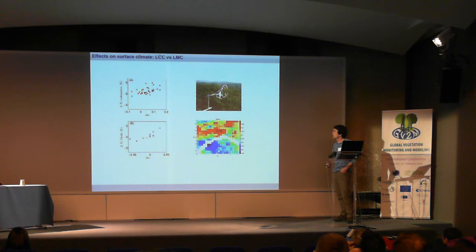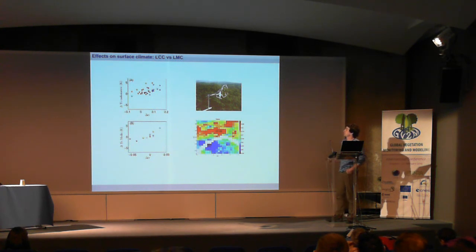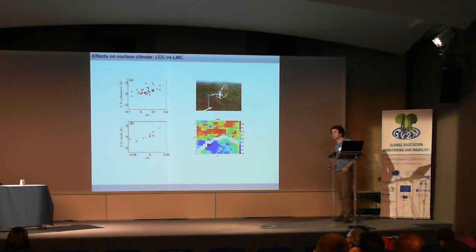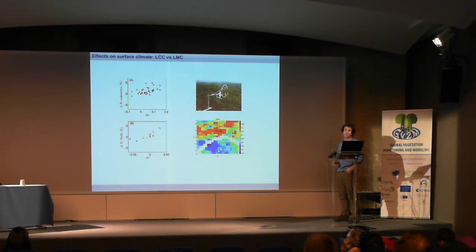We looked a bit further into those data, because it was somehow a surprise and we wanted to find more evidence. So we continued with the FluxNet data, and we looked at whether we could see some correlations. One correlation we found is that if the albedo is increasing, then the surface temperature is increasing. This was a surprise, because you would expect that if the albedo is increasing, the surface is brighter, more energy gets reflected, and so the surface would be cooler. Whereas here we see exactly the opposite. So we were not too sure about this.